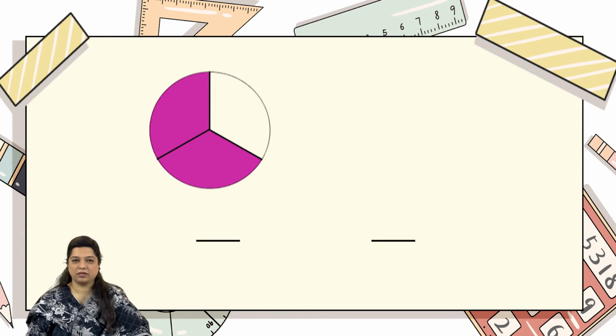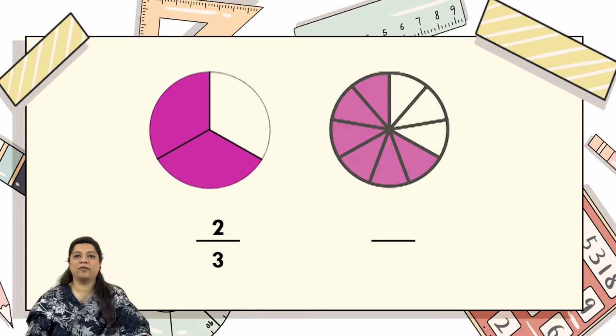Now this is the first example, a visual picture in front of you which depicts a fraction. The total number of parts will be equal to the denominator and the colored parts will be equal to the numerator. Therefore pinks are 2, so the numerator is 2, and total parts are 3, so our denominator is 3. Another picture, we have the same thing. Now the total number of parts are 9: 1, 2, 3, 4, 5, 6, 7, 8, 9. And our colored parts are 6. Therefore, our new fraction would be 6 upon 9.